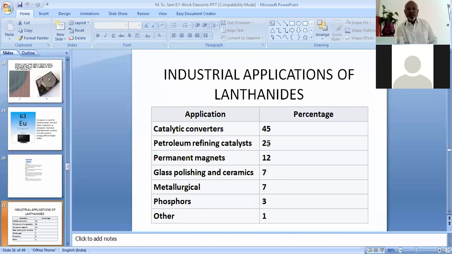So petroleum refining catalysts, 25%, permanent magnets, glass polishing and ceramics, metallurgical processes, and phosphors and other applications, where I have enlisted here all the industrial applications.